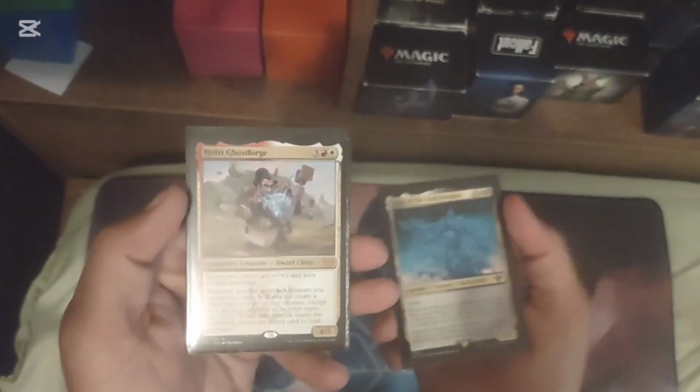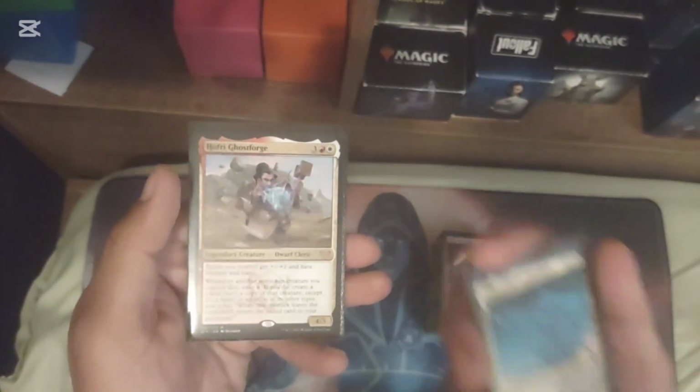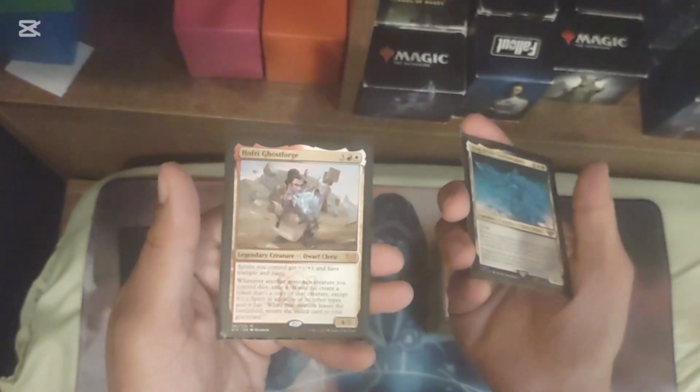exile it. When I do that, I create a token that's a copy of that creature, except that it's also a spirit now in addition to its other types. And it has the stupid ability that whenever it dies, or whenever it leaves the battlefield, I get to put the exiled card back into my graveyard. So essentially,